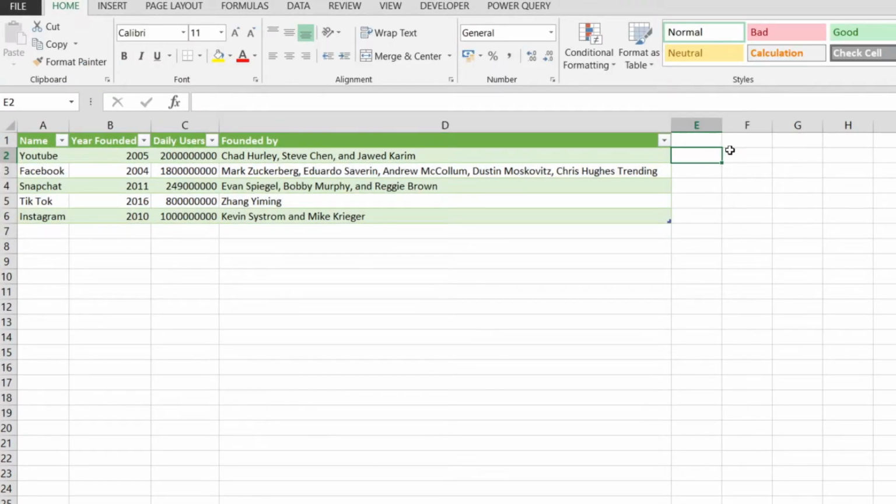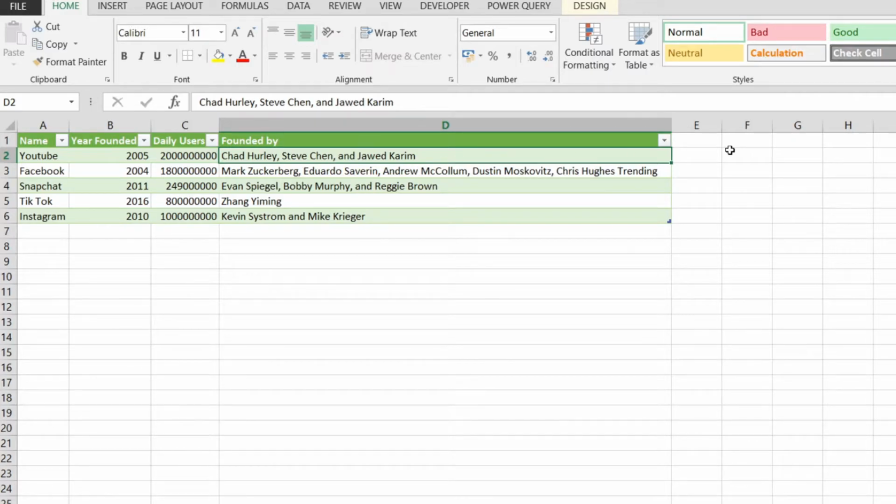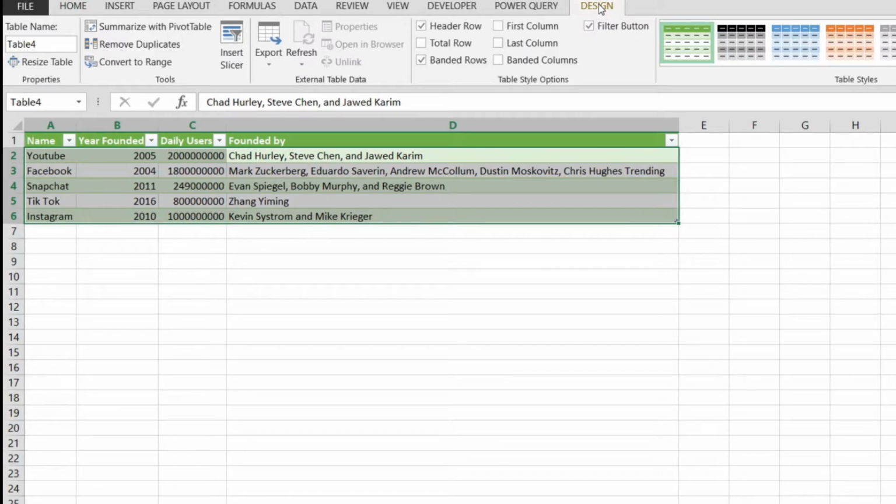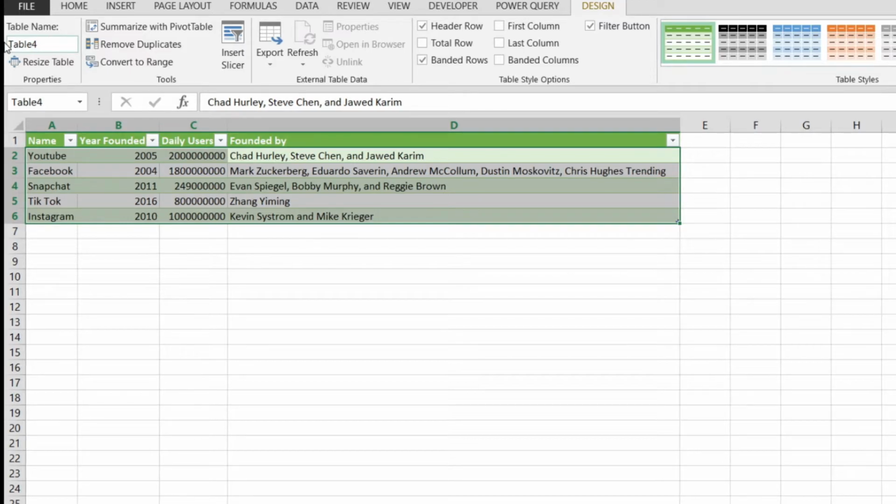And another useful thing that you can do to tables is to name them, and that will help you later when you're going to use them with formulas. It will help you identify more easily what some data is about. To name the table, I just selected it and I'm going to go to Design, and over here on the table name, I have this table 4 name preset in here. And I will change it to